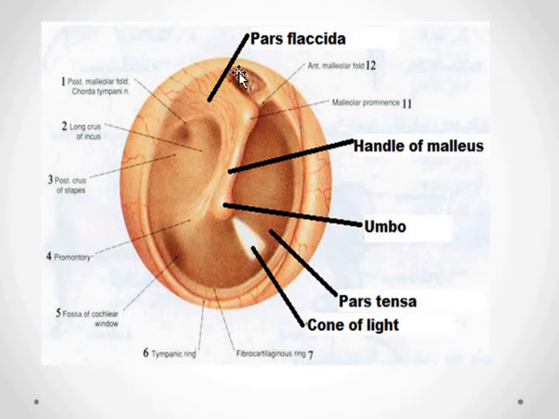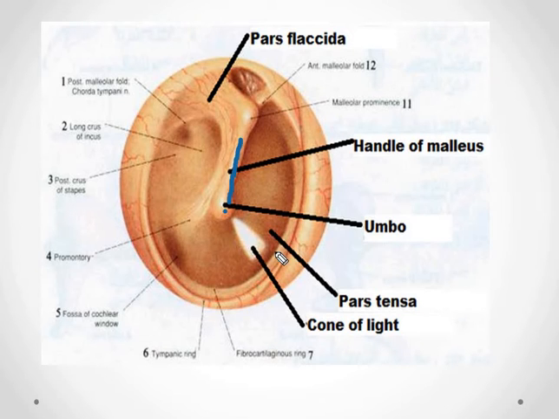Now here you can see this. What is this? This is the handle of the malleus. The pars tensa is adherent to the handle of the malleus. This is the proximal part, distal part. This is the umbo. From the umbo, you can see the cone of light. In a healthy, pearly white, semi-transparent tympanic membrane, you will find this cone of light